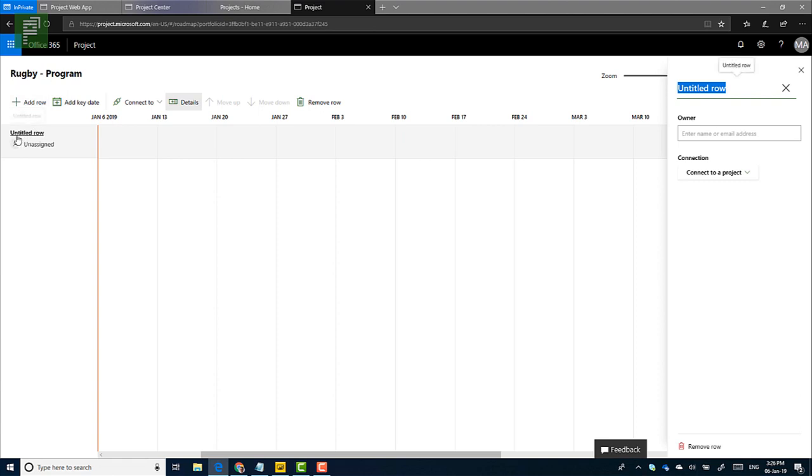Yep, so now it's called Rugby program, and let's add a first row. All right, this is an untitled row and it's unassigned, which is basically good. And then, untitled row, and what we're going to do, connect it to Project or connect it to Azure Boards. Well, seeing as I can relate more to Project Online,